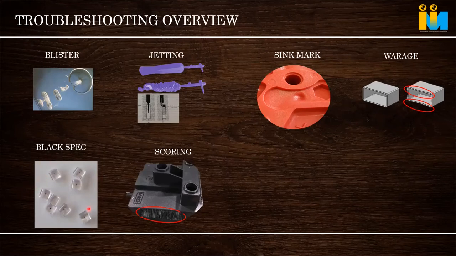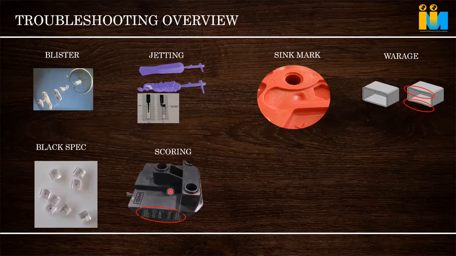Next come the black specks. Black specks means black dots on the part. If you have a white or transparent part, or a light color, they show up very easily. Especially if the product is a headlamp or a transparent, aesthetically important part, even a small dot itself is a rejection. It can come from the raw material or from the molding machine processing. It is a contamination issue.